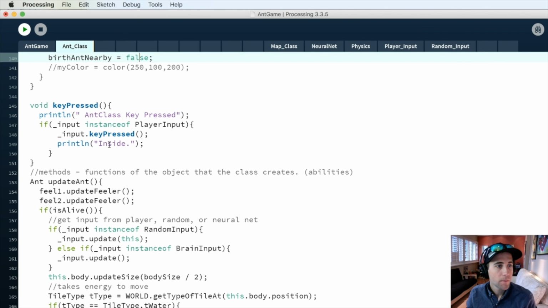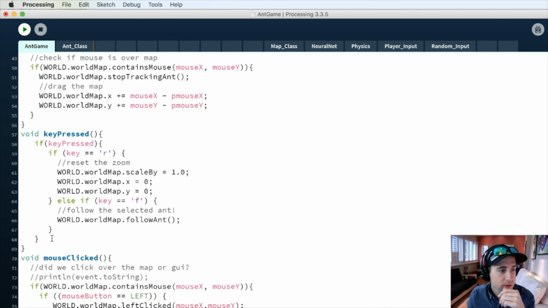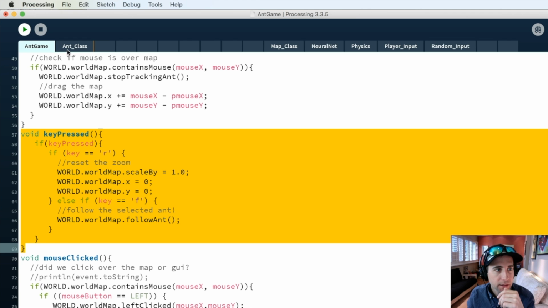Key pressed. Ant class key pressed. Yes, this is just telling me where it was. Interesting. I think because this event is being swallowed up, quote unquote, by already over here. Key pressed. I don't know if I can have a second key pressed method. Really interesting. If we